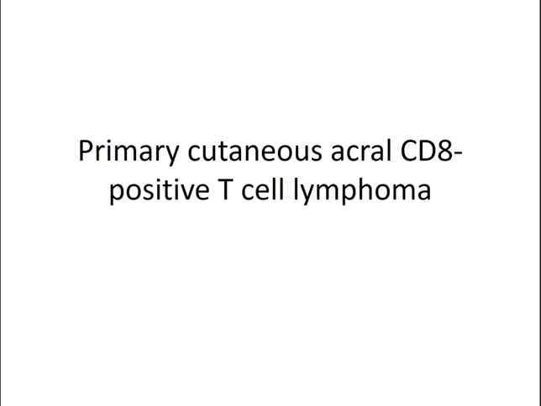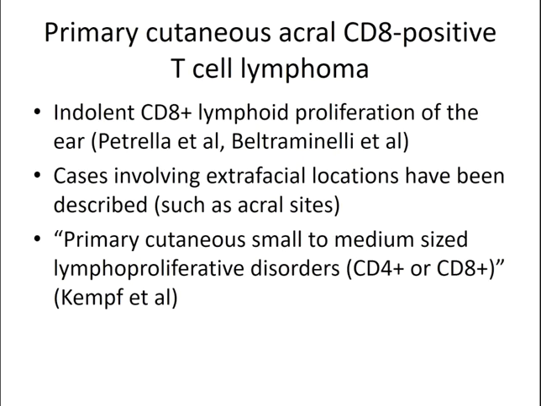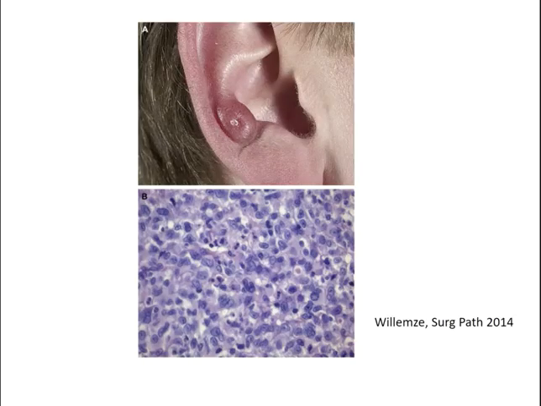All right, so now moving to another interesting lesion. So this is a new entity. And until 2 years ago, we didn't have this in our classification. Now we have it: primary cutaneous acral CD8 positive T-cell lymphoma. Initially described as indolent proliferation on the ear, and then described on the hand, so we changed the name to acral. And this is what you get, a nodule on the ear, and then when you see the biopsy,